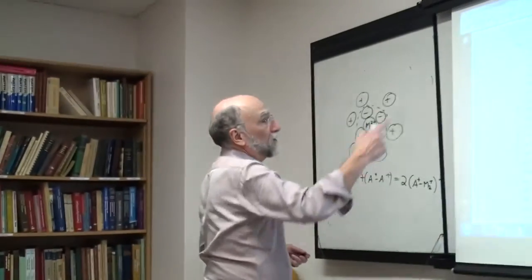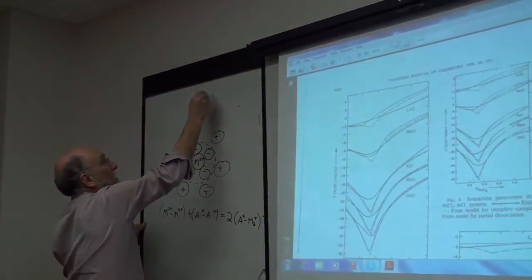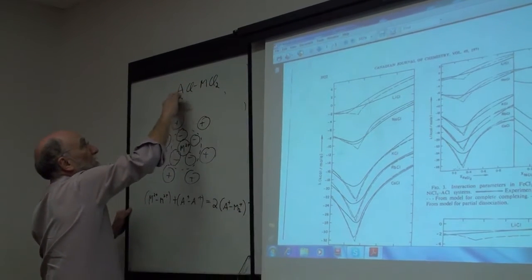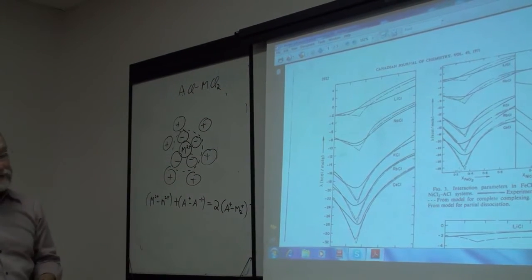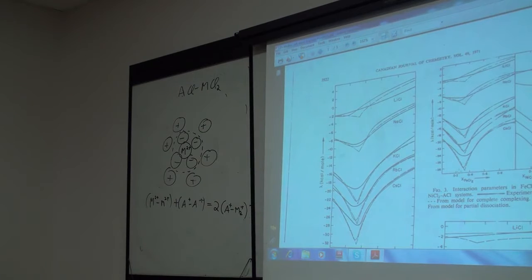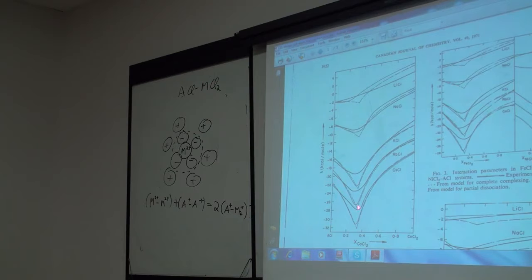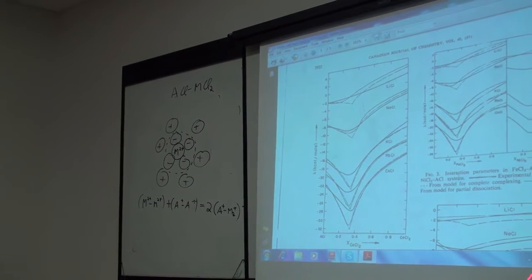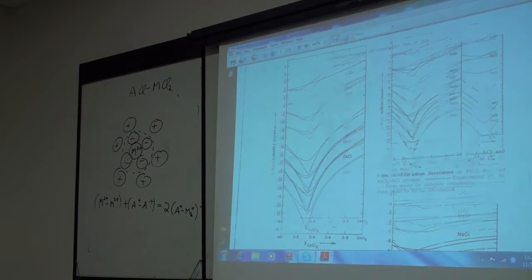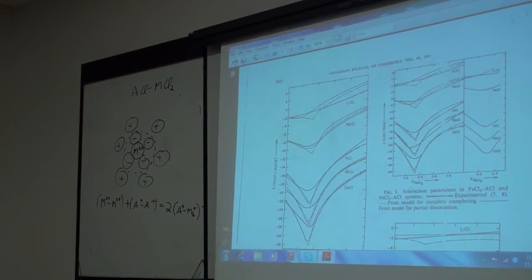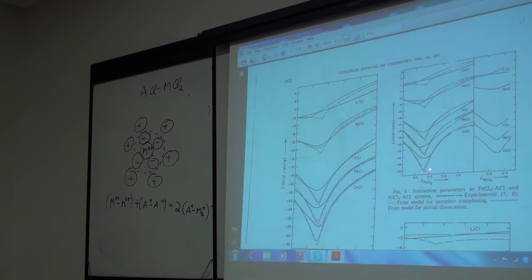Okay, let's try to systematize a little bit the molten salts, just qualitatively here. I'm dealing here with this whole series of molten salts, ACl, MCl2, where A is an alkali and M is a divalent cation. What we see is that many of these salts, for all different values of M, for cobalt, iron, nickel, and so on, tend to have this same type of behavior with quite strong ordering around the 33%